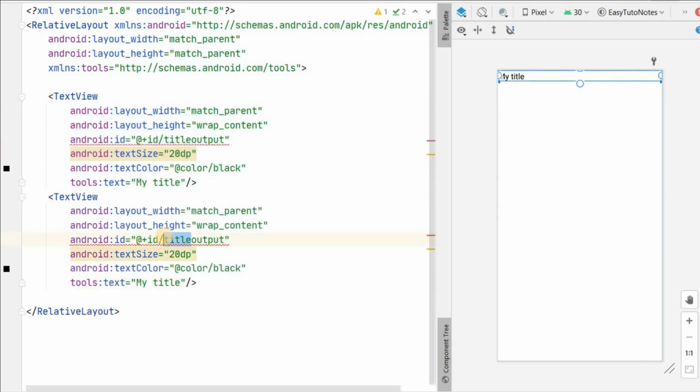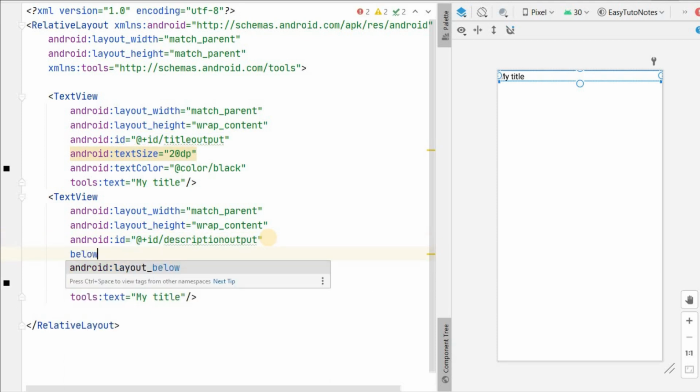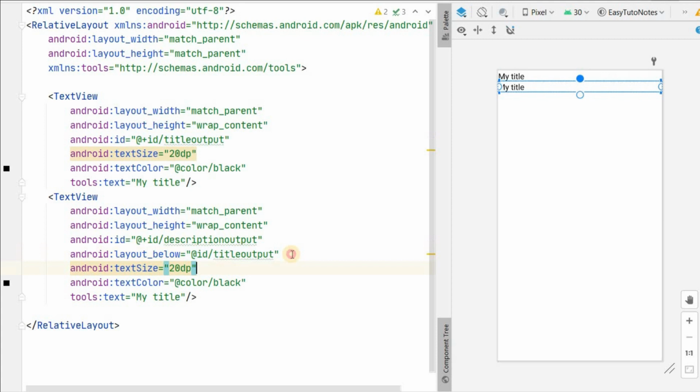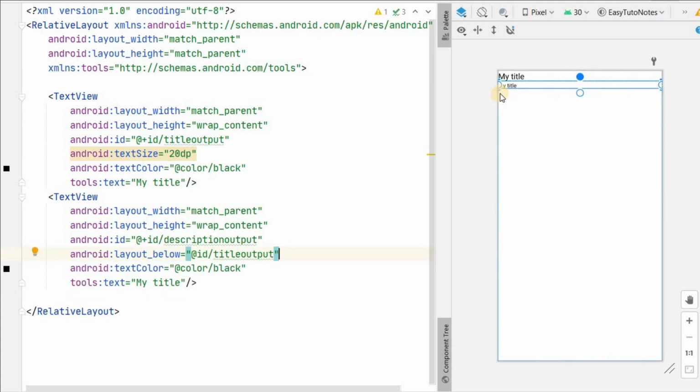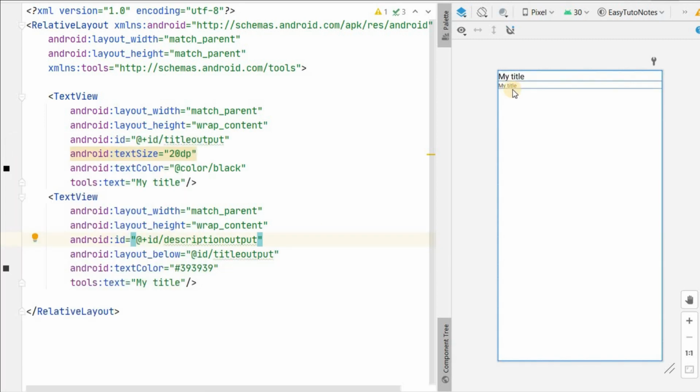I'll give the ID description output and it should be below title output. We can remove this text size. We want the normal default size, and I want to change the color also. I'll put a custom color, somehow a light gray. So yes, we have this description text view, my long description.